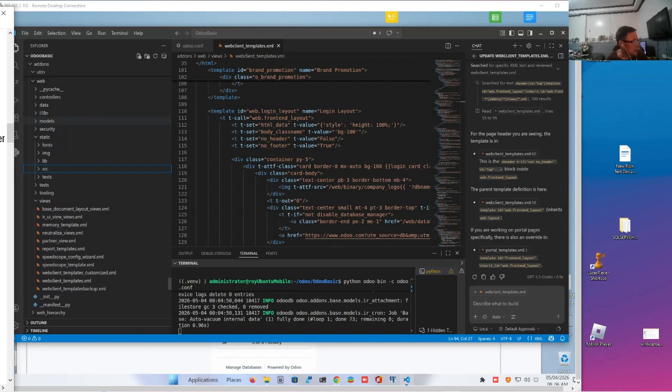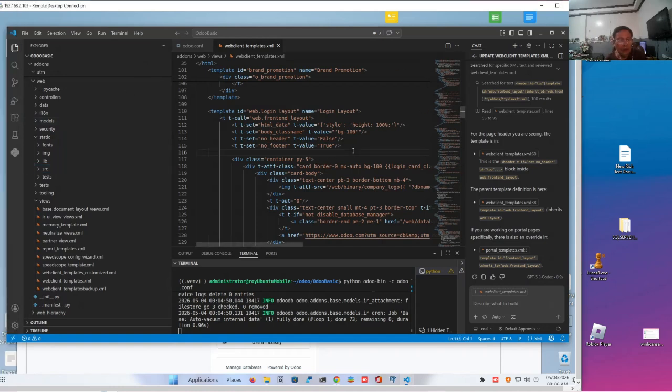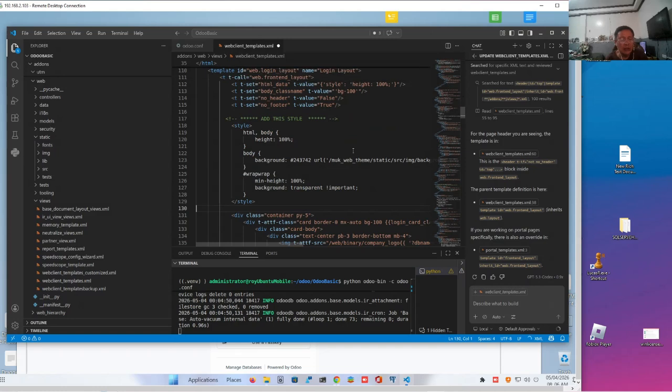So we're going to add this style after the footer, before the container, so that this will apply to the body of our login screen. It's a simple style. Let me just copy it and explain this. What this will do is impose a background on the body. We still use a height of 100%, and the body has a background with a color.